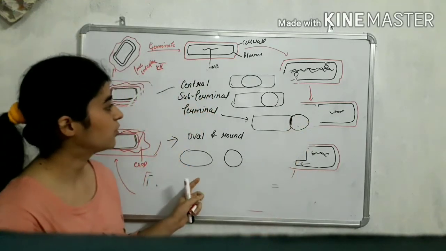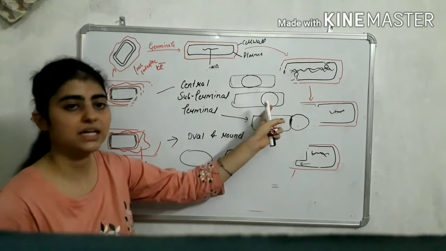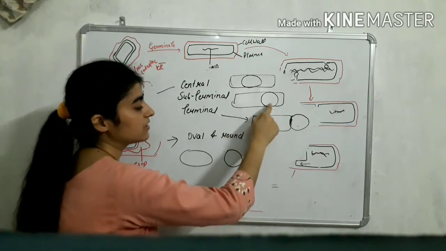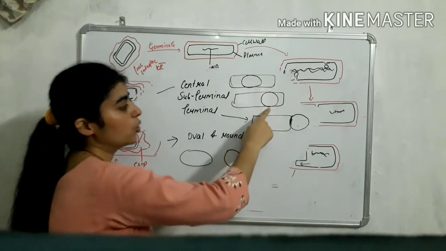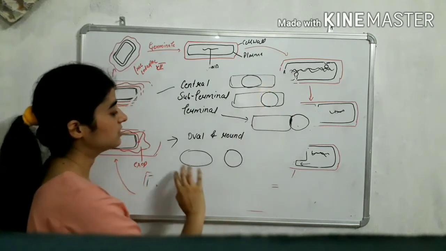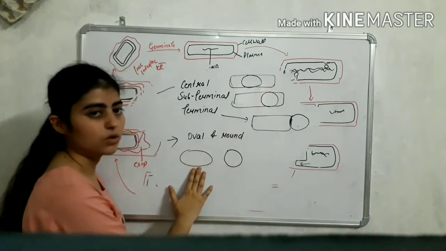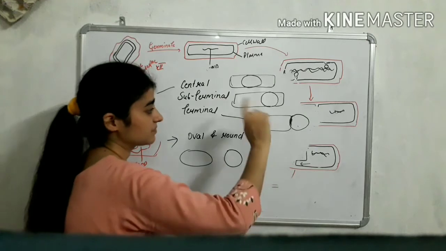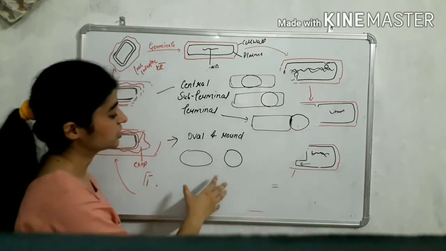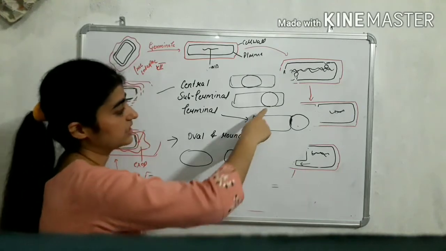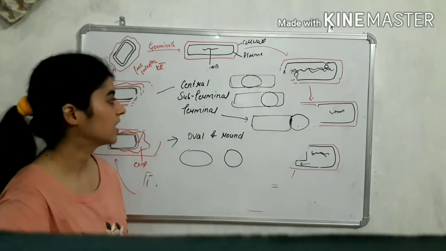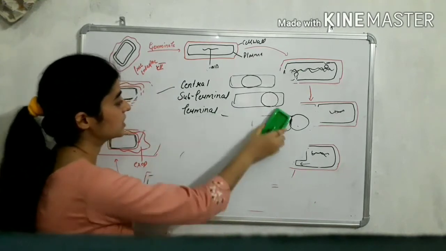If the spore is oval, for example here, then what will we say about the position? We can say oval and subterminal spore. If the shape of the spore is oval and at the end, we say oval and terminal spore. If the shape of the spore is round, then we can say round and subterminal. Like this we define the shape and position of the spore. Next we have the applications of spores.